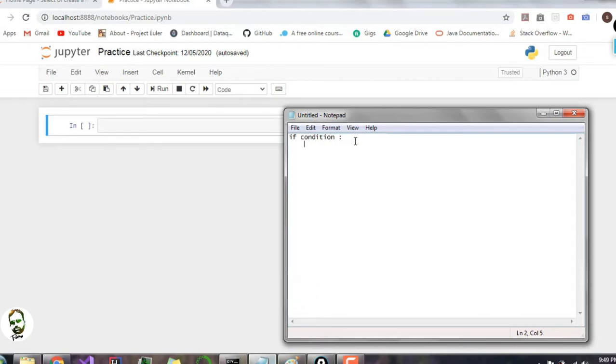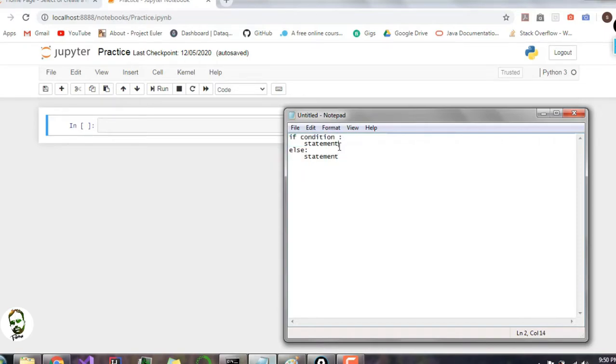Now I will say print or whatever your statement is, and else, let me add 4 spaces, 1 2 3 4, statement. Now if the condition becomes true, the statement is printed, else this statement is printed if this becomes false. So the else part will only run if the if part becomes false.